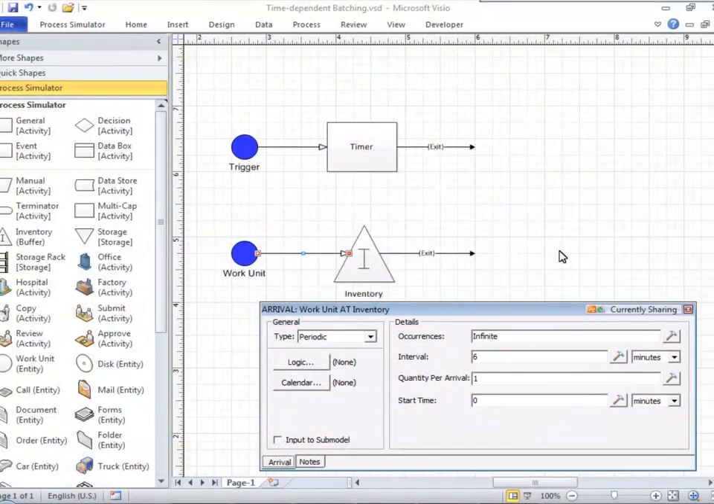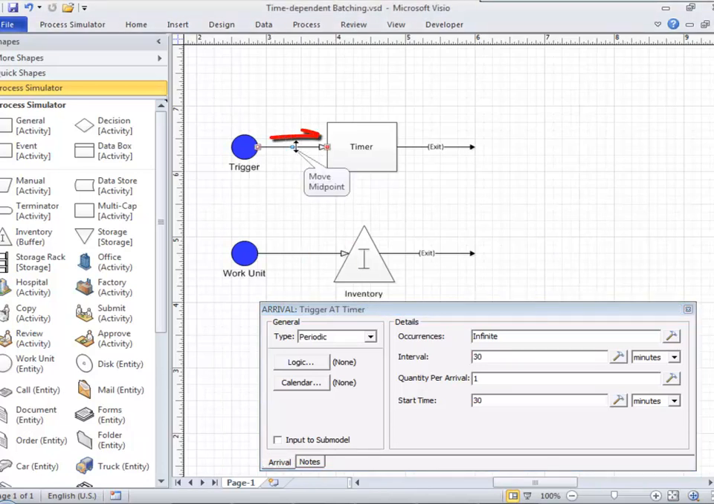The purpose of this demonstration is to show how we can create a batch after a certain time period has expired. In this case, we want to create a batch every 30 minutes. So first of all, let's take a look at our trigger timer. Up here we have a trigger entity coming in every 30 minutes